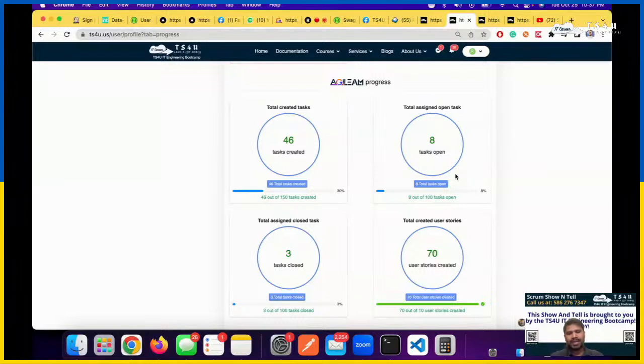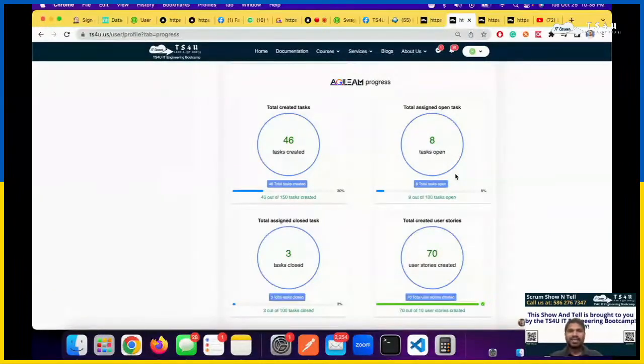Can you repeat the last part again? Let's say we open 3 user stories but we never close them. Is it going to decrease our progress, or how would it affect our progress? Because we opened but never completed them, so that's the problem, right? Technically, that's the problem. I do not want to say all this, then you guys will know. This is a secret, right? But you got a good point.